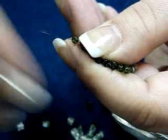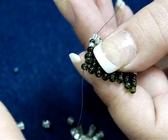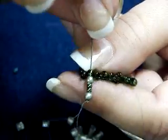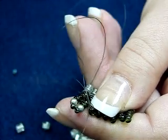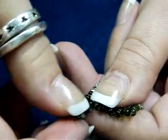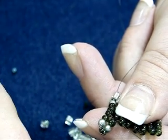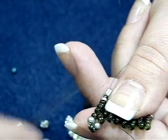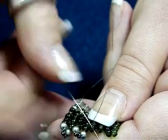And we are going to start our next row of the 3mm round in the 11/0s. So I'm going to pick up, in this case, a 3mm round, 2 11/0s, and 1 3mm round. And I'm just going to come back through this next seed bead. Come up through the 3rd one here. And again, going to pick up 3mm round, 2 11/0s, and 1 3mm round. Back through that next seed bead, back up through the next one,